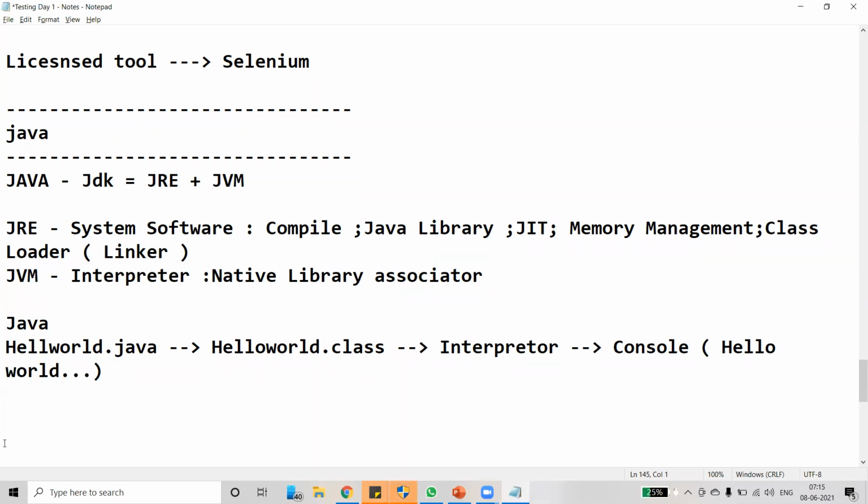HelloWorld.java is just a file. Inside HelloWorld.java, we have a class. This class gets converted into bytecode, also called intermediary code.